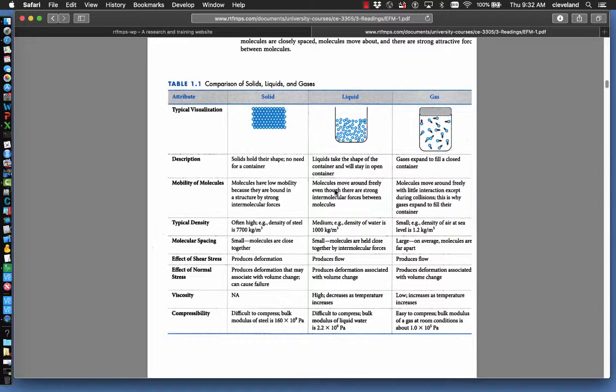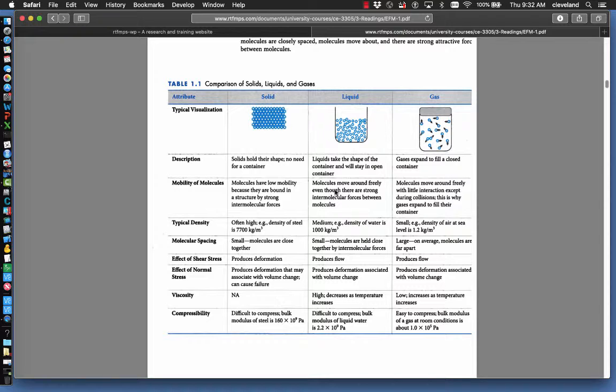The last state is gas. The molecules are not particularly close to one another, and so they can fly around looking for things to hit. They'll expand and fill a closed container, and they'll uniformly distribute throughout that container. Now, if there's already gas in there, they'll share space with that other existing gas, and their